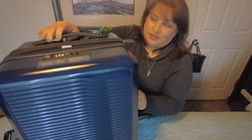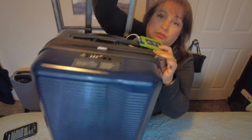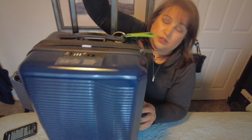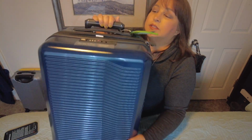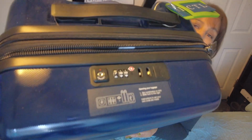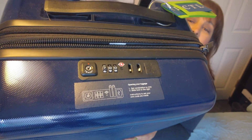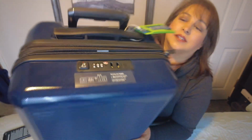What's nice about this is it does have really good durable handles on the side and on the top. The handle is really, really sturdy, which I was impressed with because I've had handles that just feel very flaky and flopping around, and I hate that. I feel like it's going to break all the time. It does have, if you can see up here, see if I can get in close, the TSA locks,